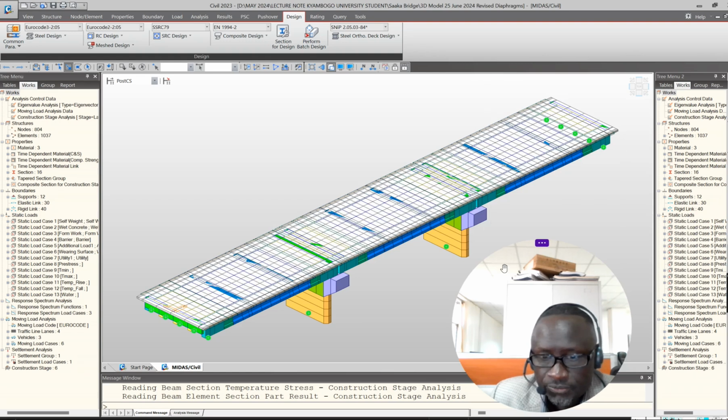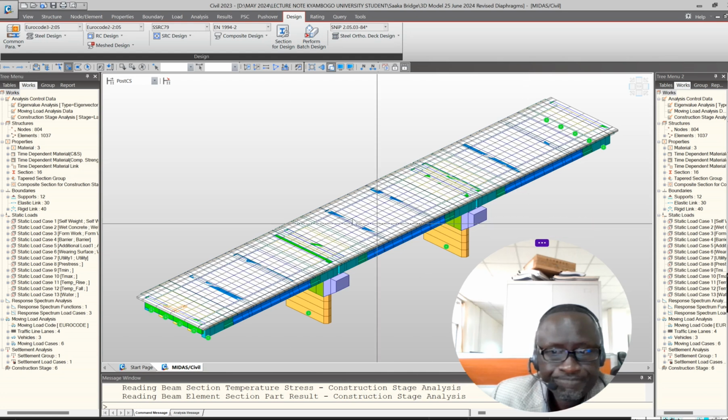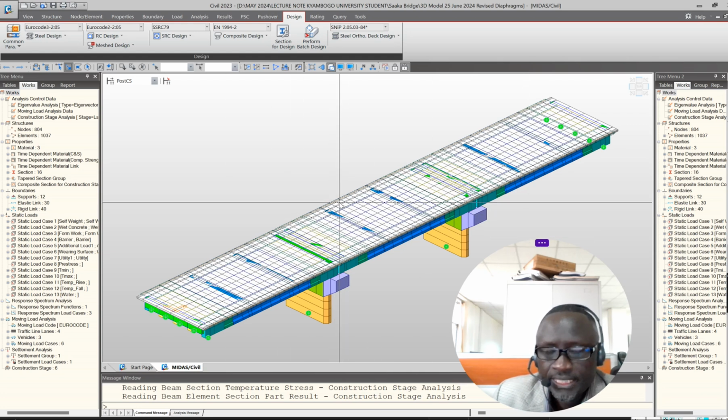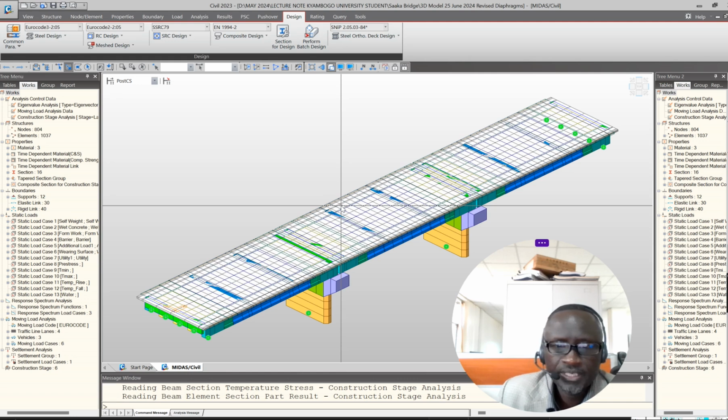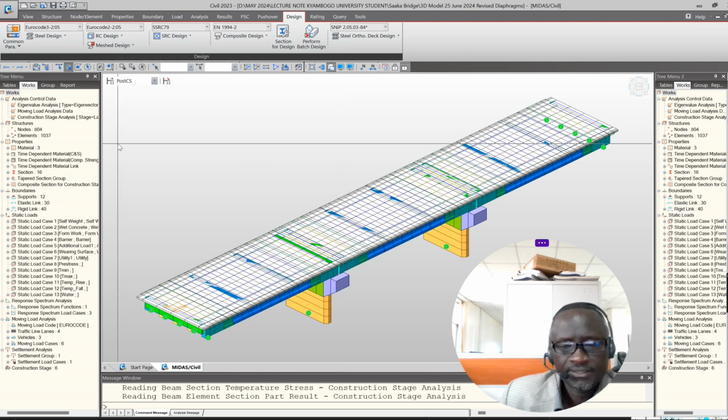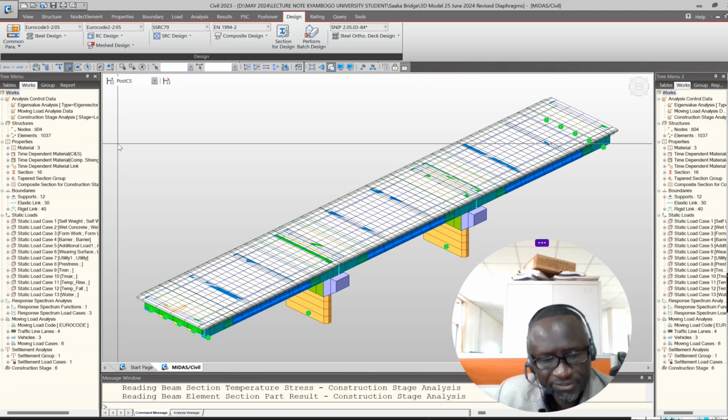Now I just wanted to show you the design output from your model. We have done materials, we define sections, we model, we put boundary conditions, we load the structure, then we run